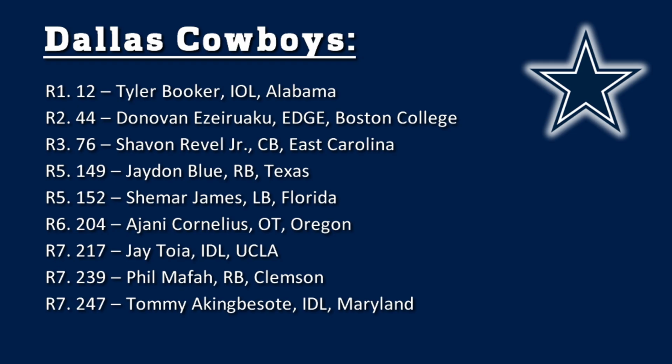Speaking of discounts, I had this next guy about 40 spots higher on my personal big board than where he was ultimately picked, even taking the standard torn ACL into account, which will have been basically exactly one calendar year since the injury once they open the season at Philadelphia, assuming there's no other structural damage that I'm not aware of. That's Shavon Revel from East Carolina, who has an incredible size-speed profile at 6'3", 195 pounds as a corner, nearly 33-inch arms,